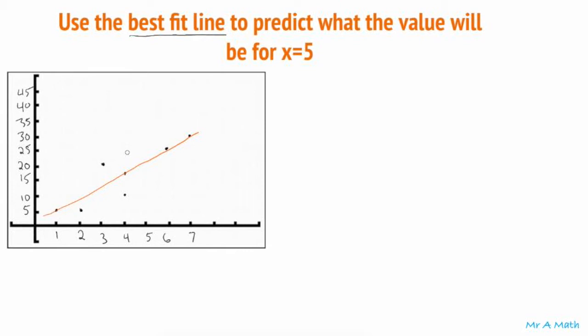Well, just like before, if I have 2 points, which I see there are 2 points that are really close, if not right on the line, and this point looks like it has an x value of 4 and a y value of about 15, so we're going to say this is (4, 15). And this has an x value of 1 and a y value of about 5. So if I know that these 2 points lie on this line, I can use my normal